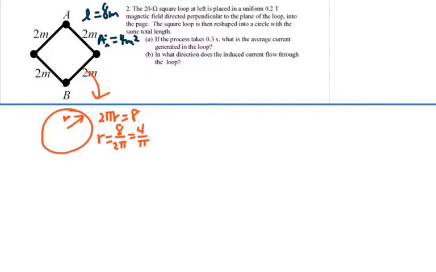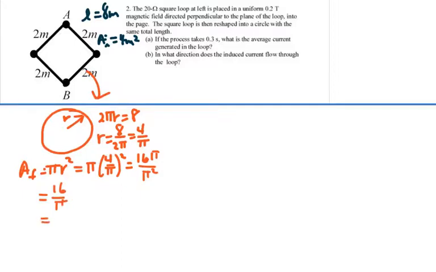And hence our final area, which is pi r squared, is going to be pi times (4 divided by pi) squared, which would be 16 pi over pi squared, which is going to be 16 divided by pi,